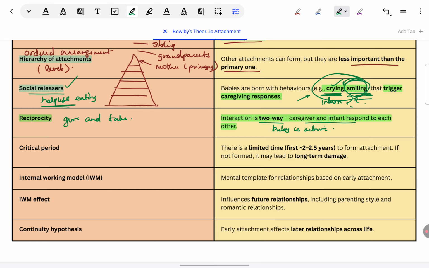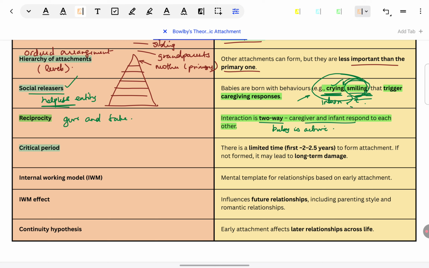Now there are some other very important ideas which Bowlby has given related to monotropic attachment. Please note that some of these ideas, like internal working model, are elaborated further later, when we see Bowlby's deprivation theory. If you see your specification, that is given as a later topic. There, you get to see about it in much more detail. But all of Bowlby's theories are continuous. First, he gave the monotropic theory, then, stemming from that, he gave internal working model and deprivation. So, they are not disconnected. That's why we have to know a little bit here under monotropic theory, and then the full-fledged development of that part we see in the next section.